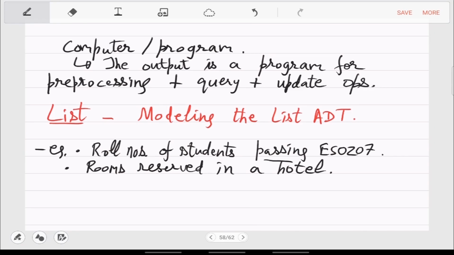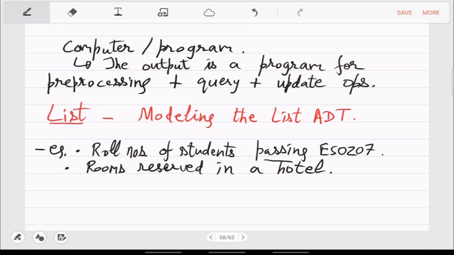Now this has a lot of operations involved, because there are all these types of rooms and rates which depend on time and day, and it has to be done years in advance, months in advance, right? And there are many requests and many changes.